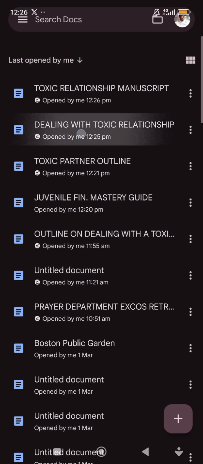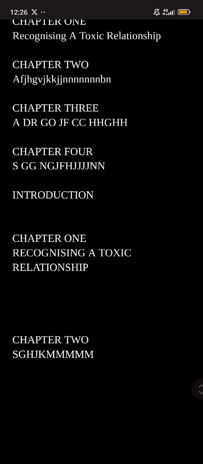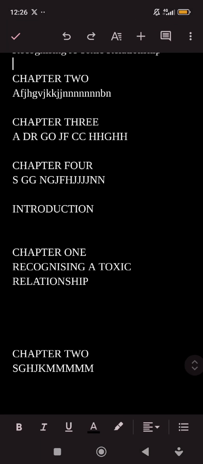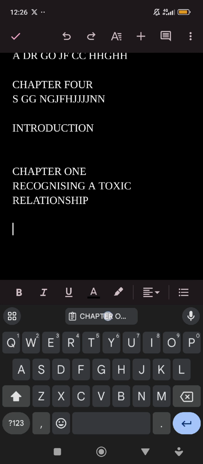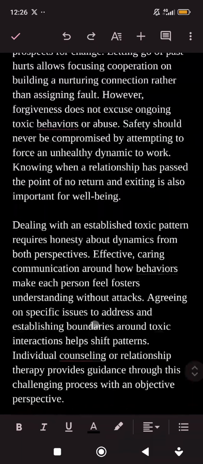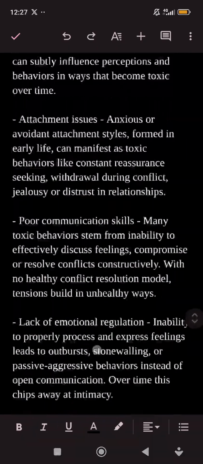Let me do it this way. I'll come back here. Where's my chapter 1? Okay, this is chapter 1. Then I will paste what I copied here. Now you will see what I will do with it.